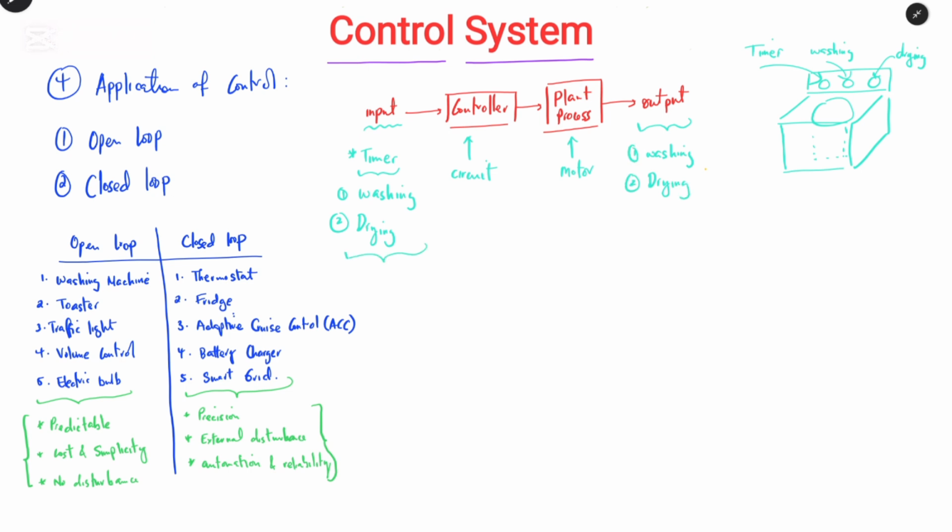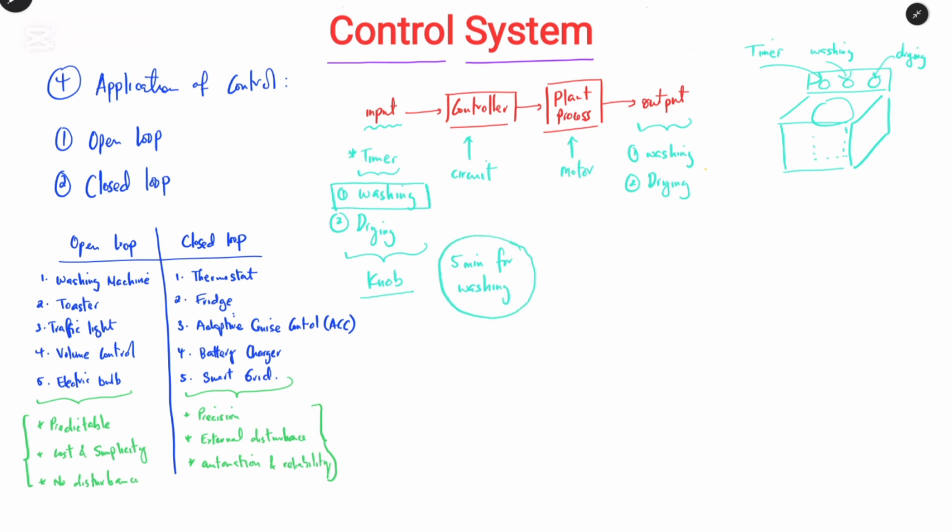And this input is from the knob that you can see physically on the washing machine. Therefore, if we select the option washing and then we set the timer from the knob, let's say 5 minutes for washing,